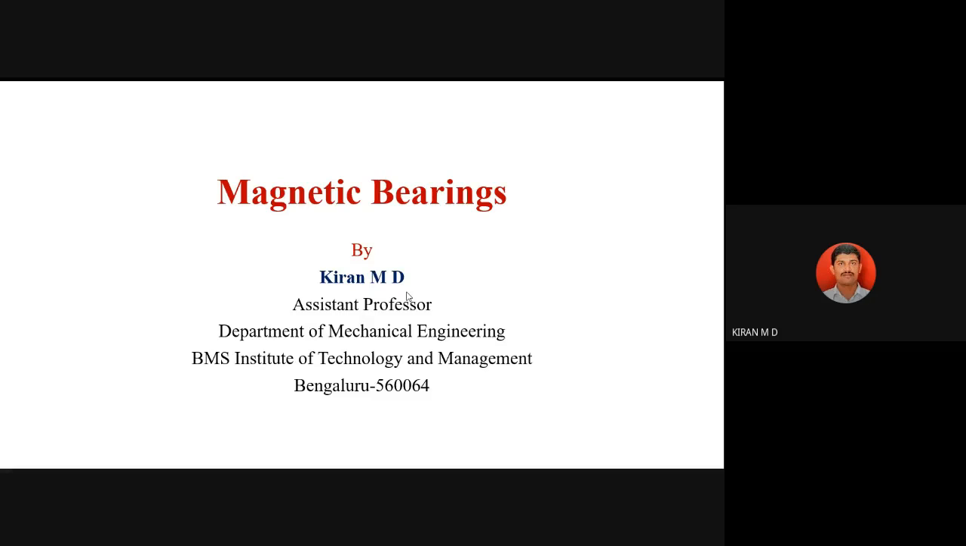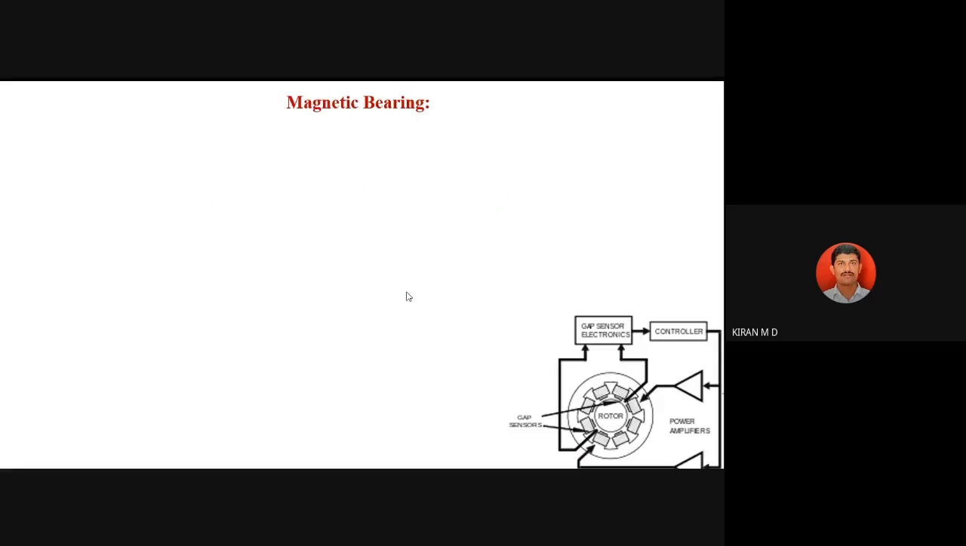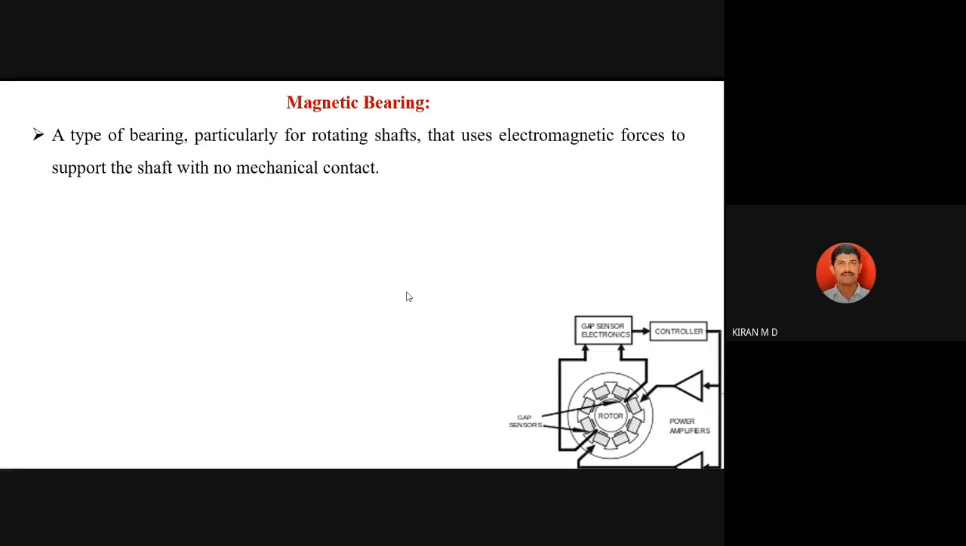The gas or air as the lubricant. And another advanced concept is the magnetic force. By using electromagnetic force, we are going to create the gap, or we are going to separate the bearing and shaft surface. So just when we are going to discuss the magnetic bearing, the magnetic bearing is the type of bearing